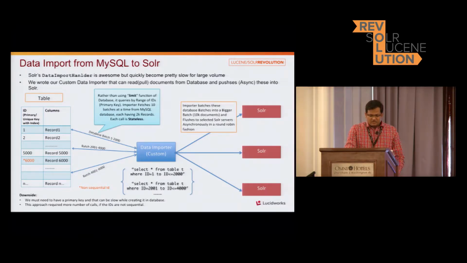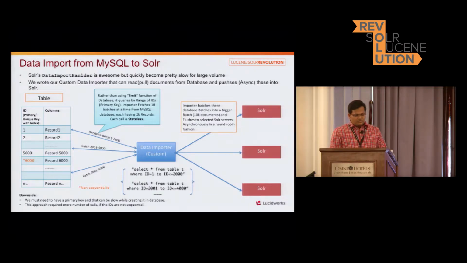Now, we can do this in multiple ways. I mean, there can be multiple design approaches for how we want to pull the data from MySQL. One approach could be to just select star from this table and pull all the records. But the problem is that one table has 12 billion records, so we cannot just write select star from this table, because that will be too slow. It will not run in a day. We tried that, and it didn't work.